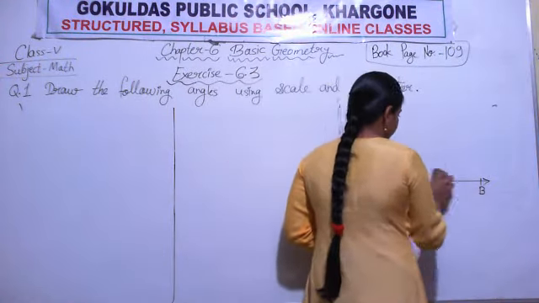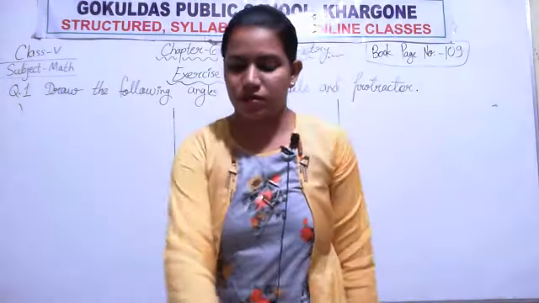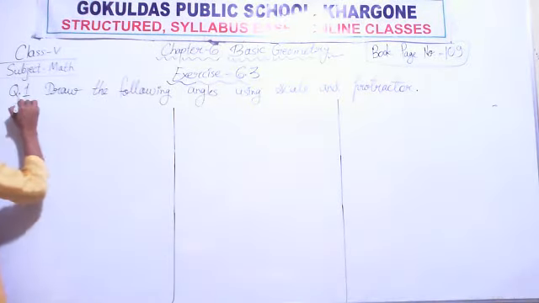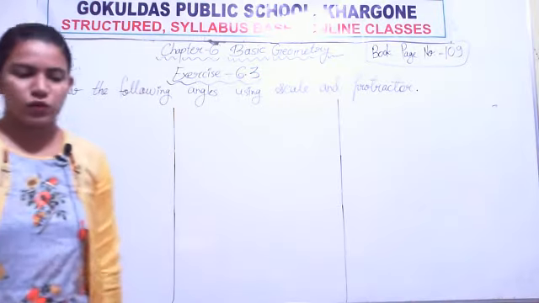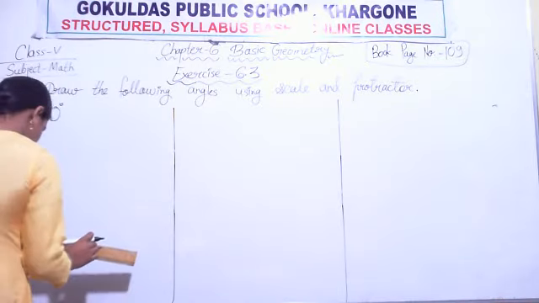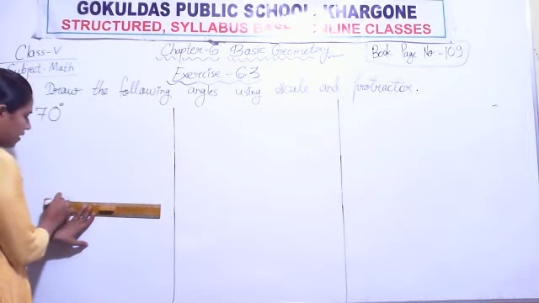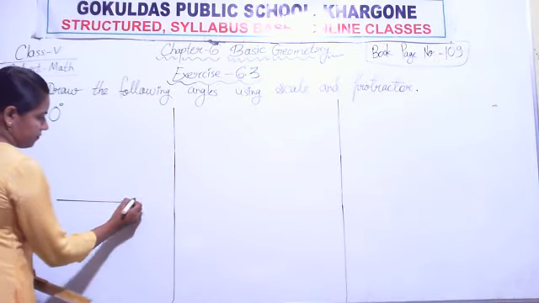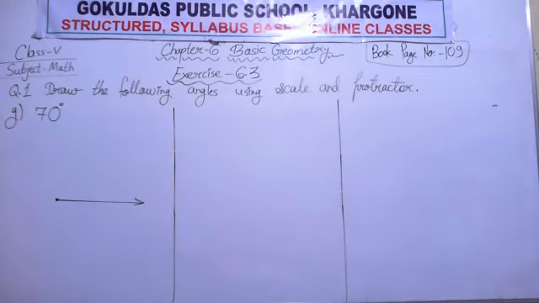Question number G. Degree we want to draw. We want to draw 70 degree. So what you will do on your notebook, we want to draw 70 degree. So two steps to follow. First step is draw a ray. By using pencil, draw a ray. Step 1 is complete here? No. First give name to it as AB.